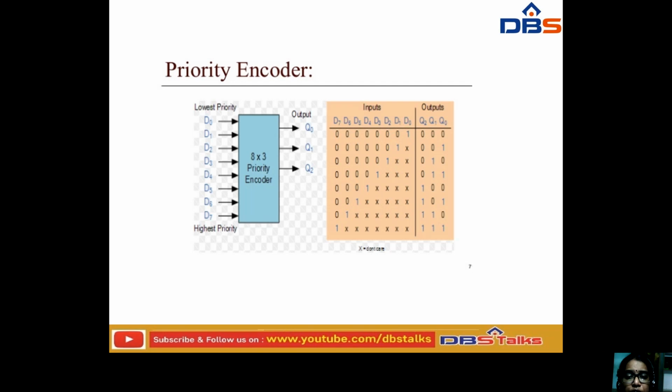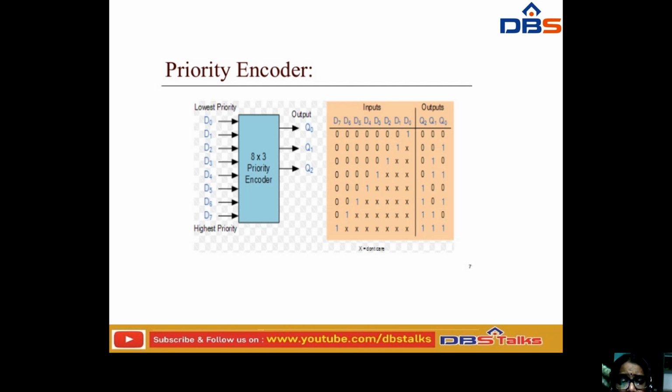And next, for D3, we have already given the priority to D0, D1 and D2. At the D3 position we kept the value as 1 and all the rest of the values are kept 0. And D4, we have given priority to D0, D1, D2, D3. At D4 we kept the value to 1 and all other values become 0. And next D5, we have already given the priority to D0 to D4, and for D5 we set the value to 1 and the remaining all values become 0.